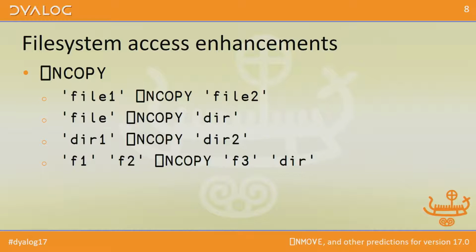Similarly, multiple file names: if you've got more than one on one side and the same number on the other, they'll just pair. So F1 will be copied to F3, F2 will be copied into dir. And this is a case where you've got many to one, so everything will go inside that directory called xdir, and there are wildcards, so the things that get put in there are all the matches. So everything beginning with F, everything beginning with D will all be copied recursively into that directory.